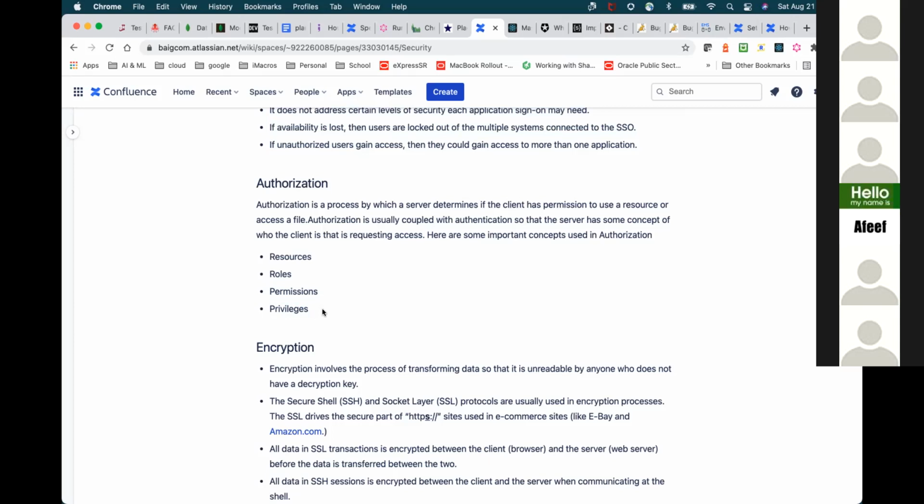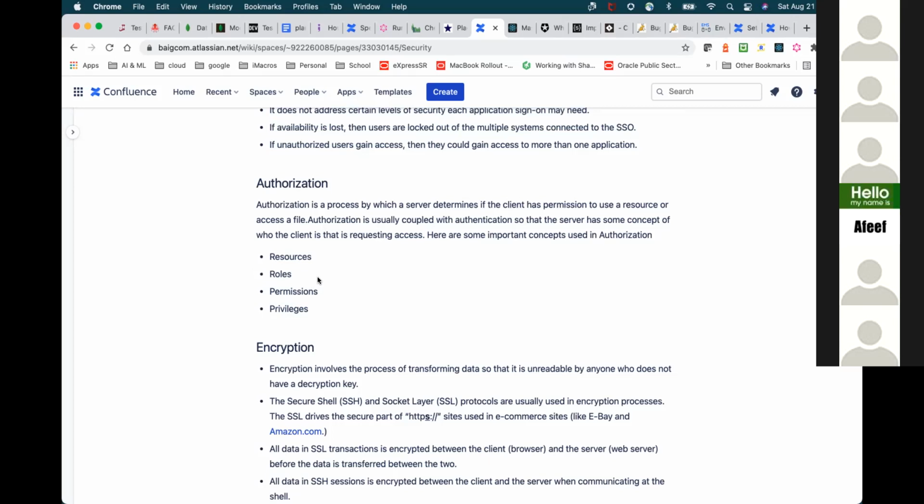Again, I would not want to confuse you guys on this, but I just want you to know at the high level that authorization means what resources you have access to. Authentication means: can you get into the system? Because without authentication, you will get a 401 error, which means no access. But once you have access, it will be determined what role you have in the organization, and what resources are available to you.